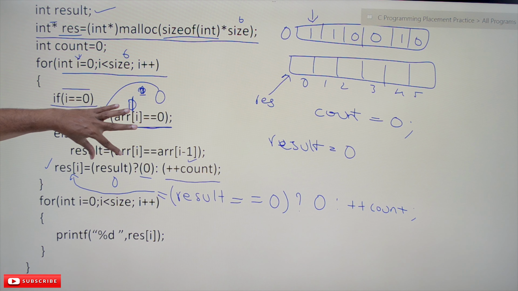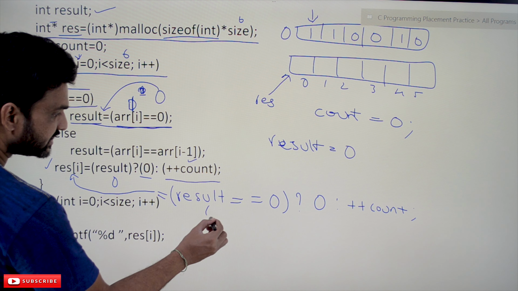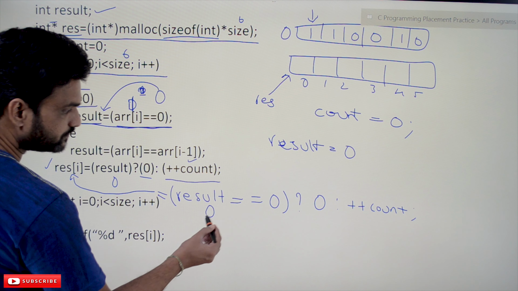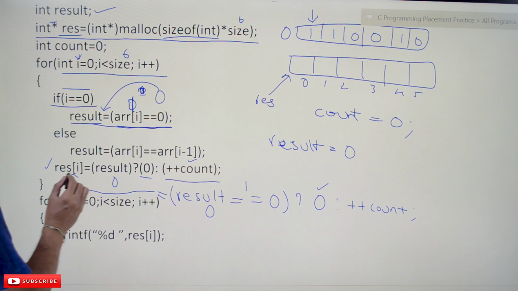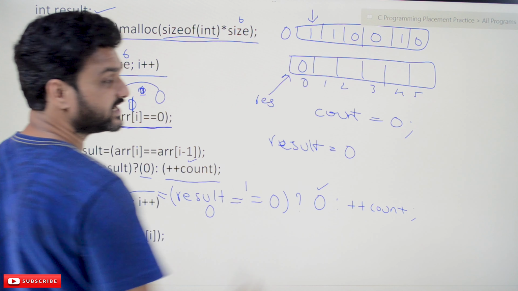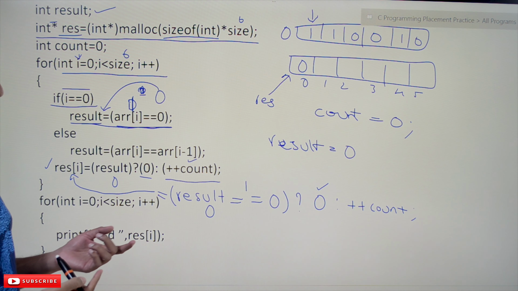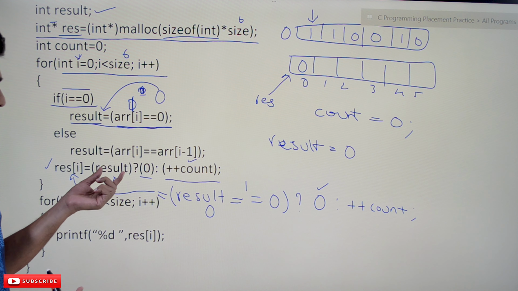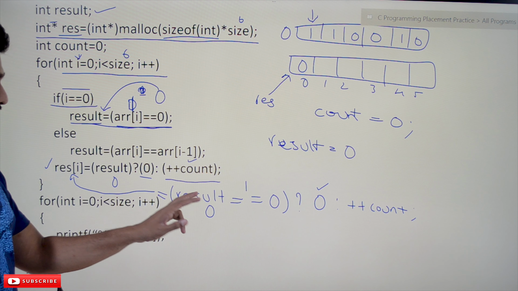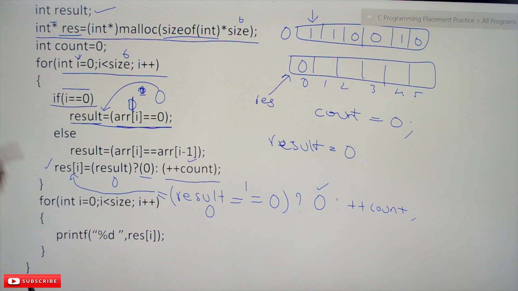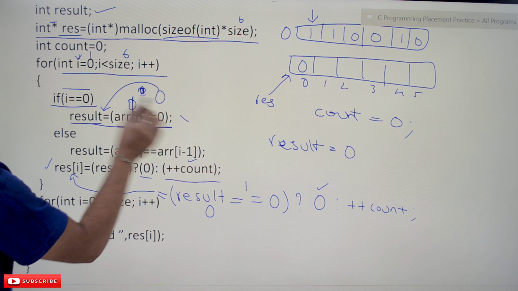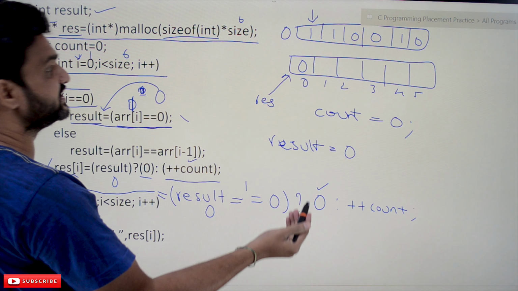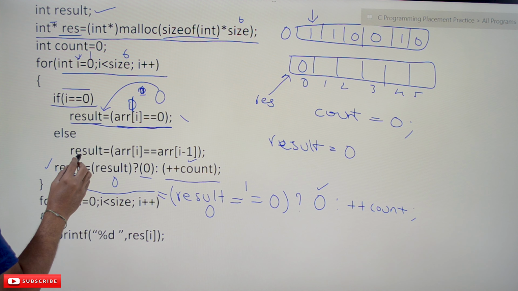Okay, so now result, what is the value of result here? It is 0. If they are true, yes, both of them are true, then 0 will get stored in res of I. So 0 will get stored. See how I have changed it. So hope you got that point. Okay, so now this is done. Next iteration, the value of I is equal to 1. So this is not the case. From now on we are not going to come into this if condition, because we have crossed the first bit. We are going to the next bits.